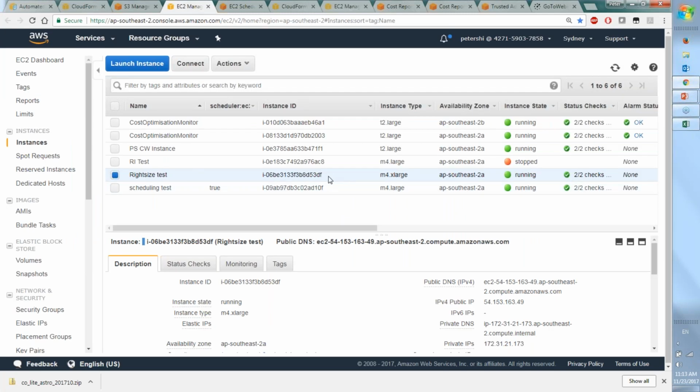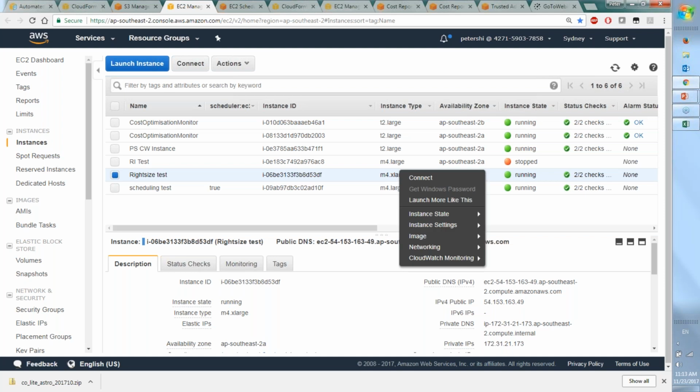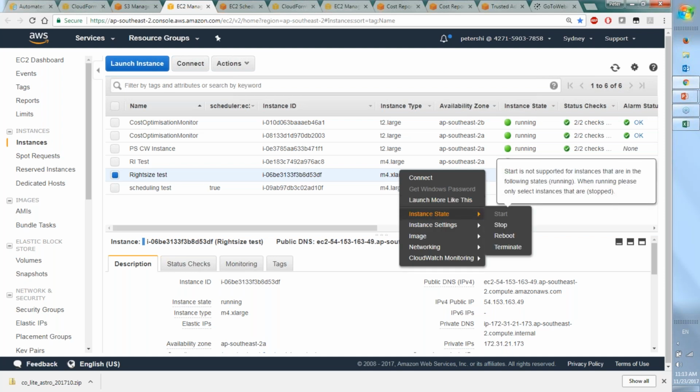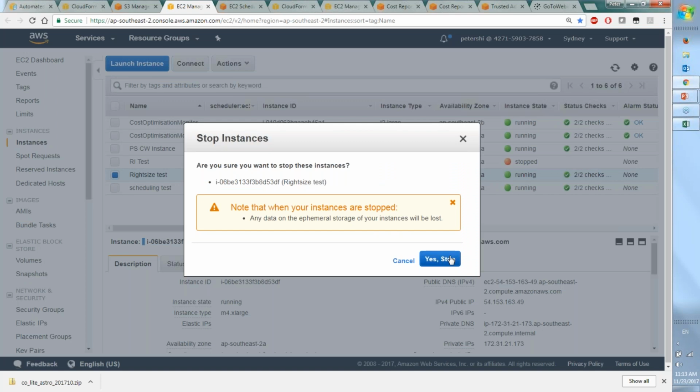And you can see in my EC2 console, I have my right size test, and it's running M4 X large. So all I have to do, and typically this is for dev test workloads where you don't have a change process around, you can right-click the instance state, stop the instance, and it'll ask if you want to stop.